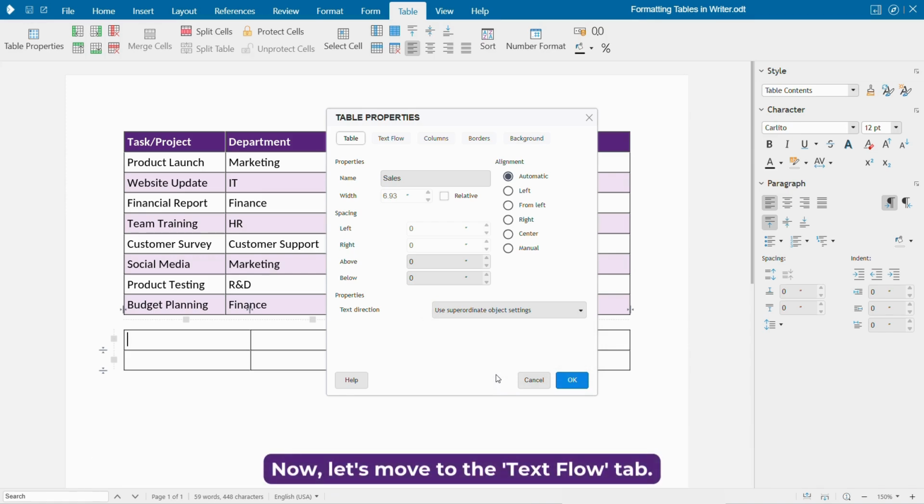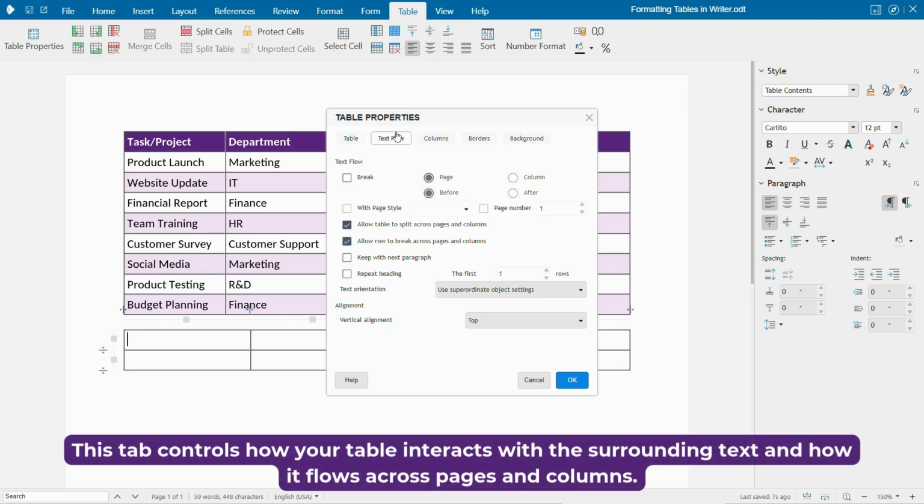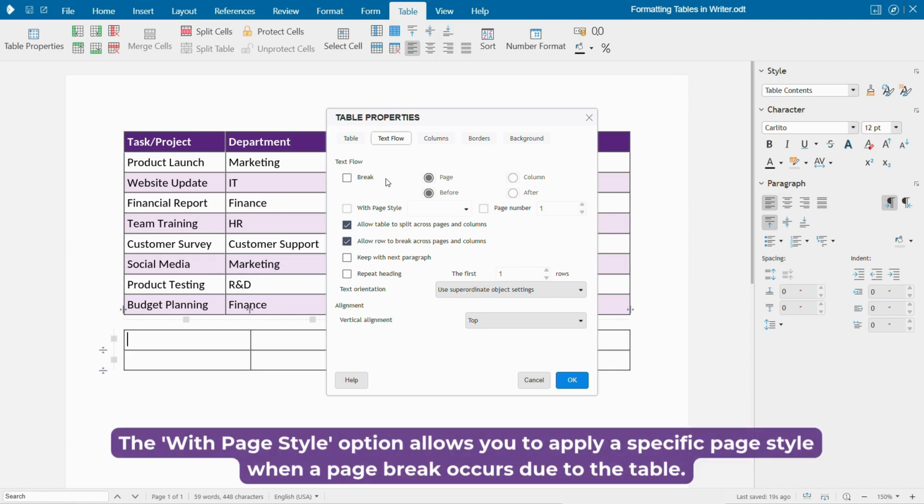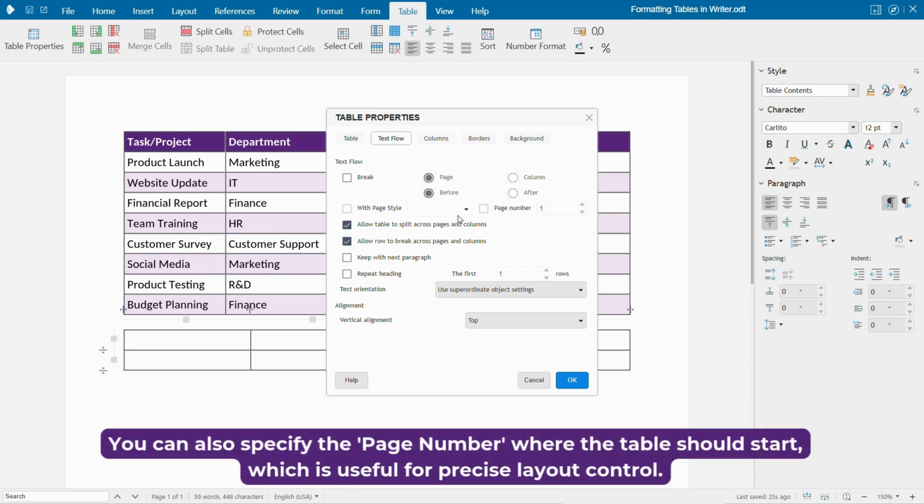Now let's move to the Text Flow tab. This tab controls how your table interacts with the surrounding text and how it flows across pages and columns. The break options determine where the table starts or ends in relation to pages or columns. The With Page Style option allows you to apply a specific page style when a page break occurs due to the table. You can also specify the page number where the table should start, which is useful for precise layout